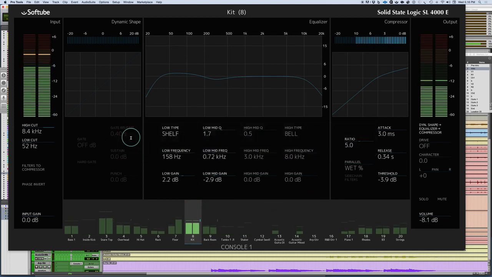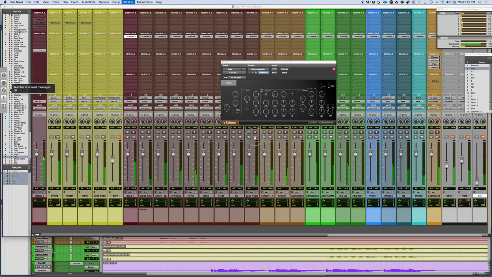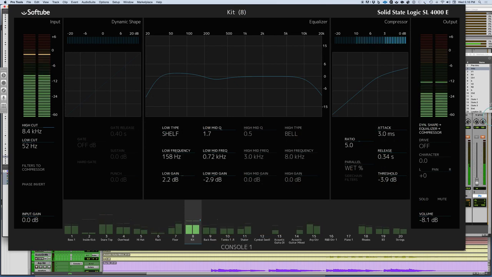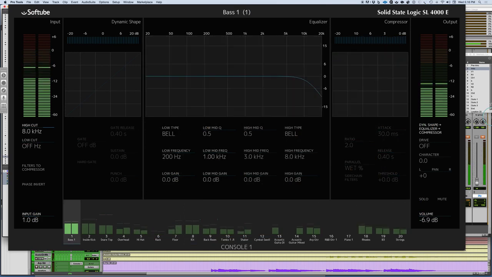So what I'm gonna do here is just mute it quickly so I can go back, and I'm gonna switch back to track 1 and focus in and balance this out a little bit. I think what I was gonna do here was kind of dip a little bit here, and then somewhere in the